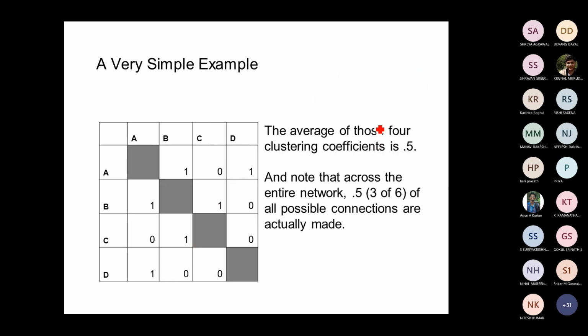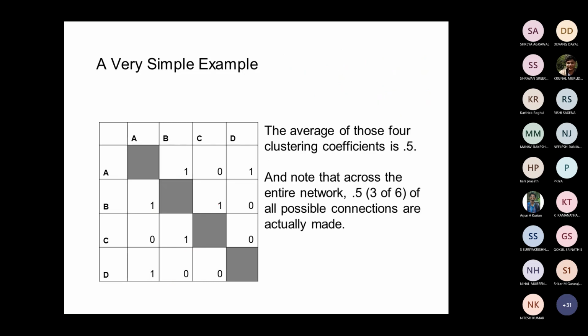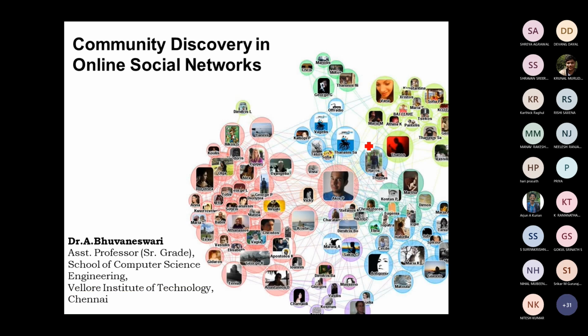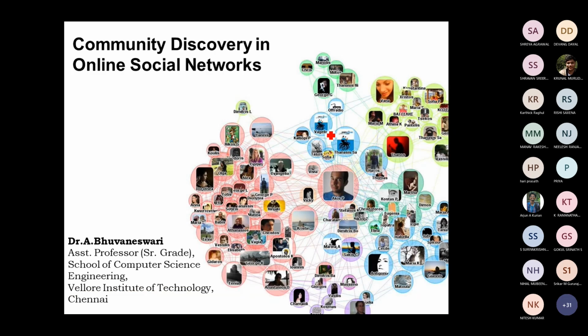So how can you compute the overall clustering coefficient of a given graph? This is for a node. For the vertices we have identified, what is the overall clustering coefficient of a given graph G? You sum up everything and find the average of it, so that you can find the clustering coefficient of the entire graph. So this is the end of some part of your module 4.